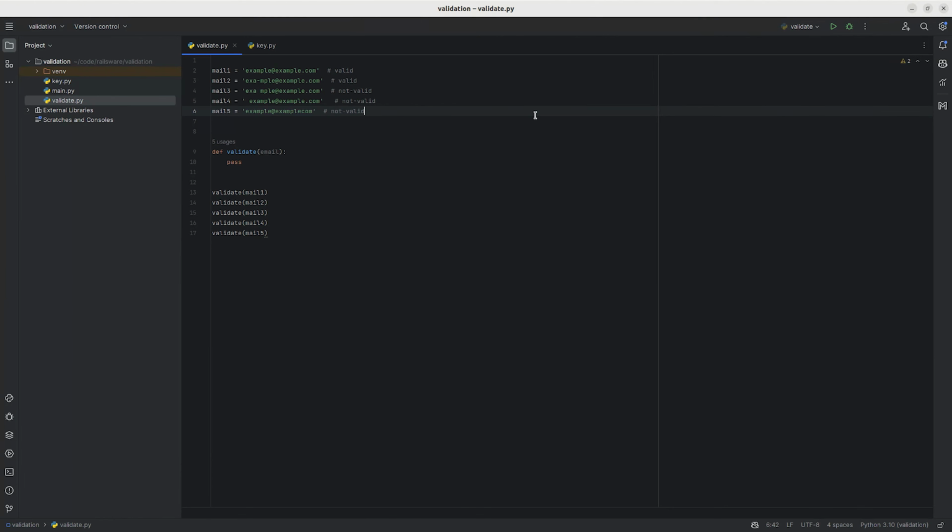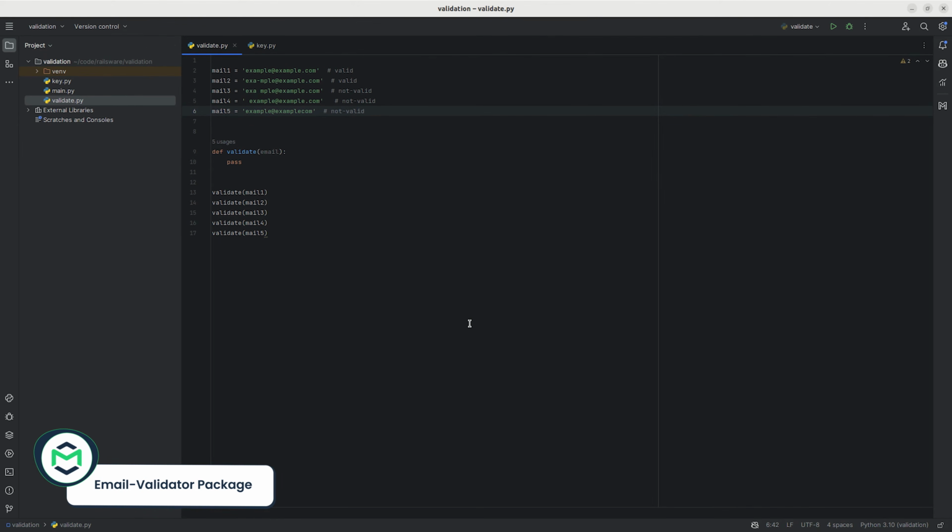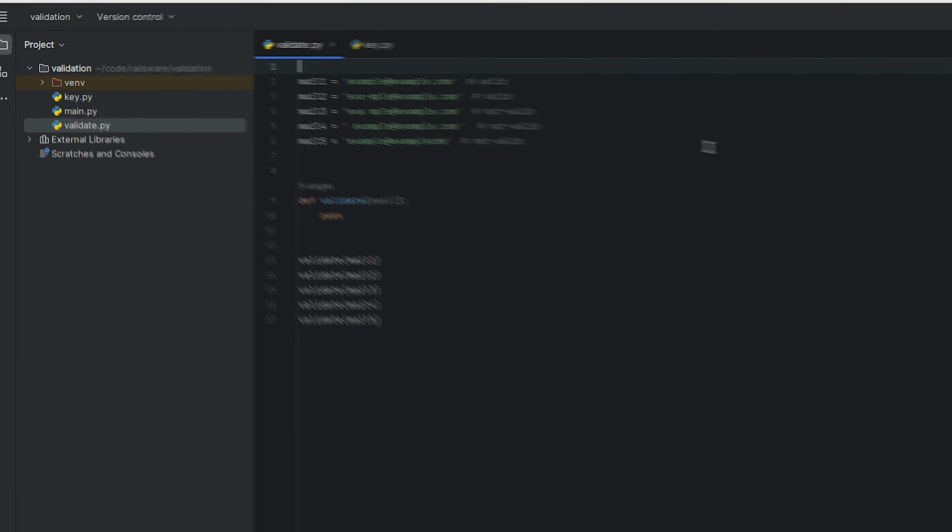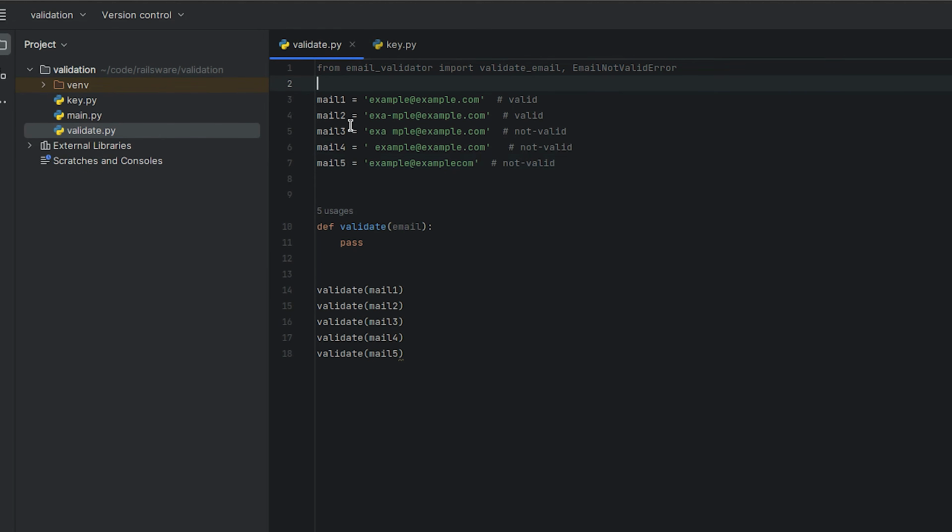These packages represent folders containing various modules as files. The first package we'll be using is called Email Validator. As it is not a built-in package, we'll have to install it by running the pip install email-validator command. And upon installation, import 2 things from the email_validator module. Validate_email, a function that could be used to validate email addresses, and EmailNotValidError, an exception class for